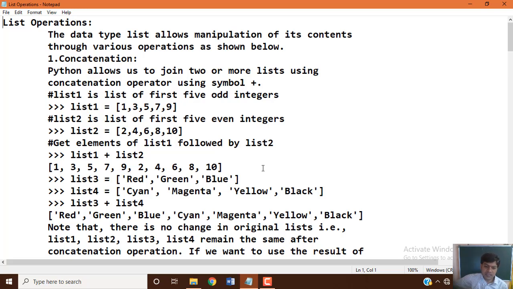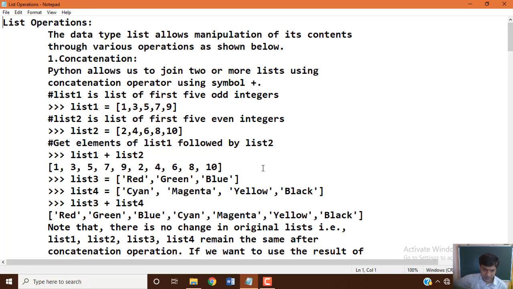Then membership testing. We already saw this when we studied operators in Python programming: one type of operators is membership operators, in and not in. These are the two ways we use membership operators in Python programming. The same thing we are going to apply with list data items. And the same with slicing. We saw slicing in the introduction to list. Same like the range function, we use the slicing concept, by using slicing the way how we can access the list data items or values.